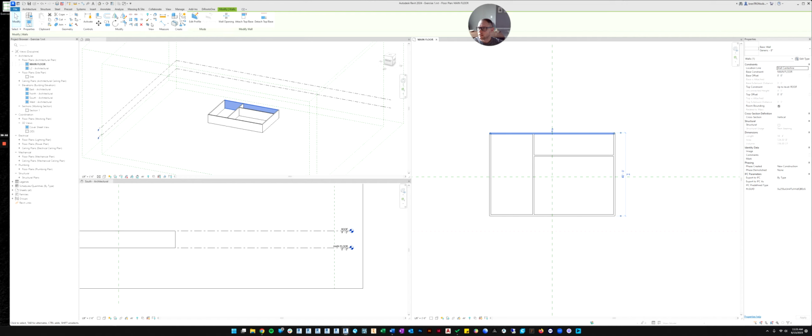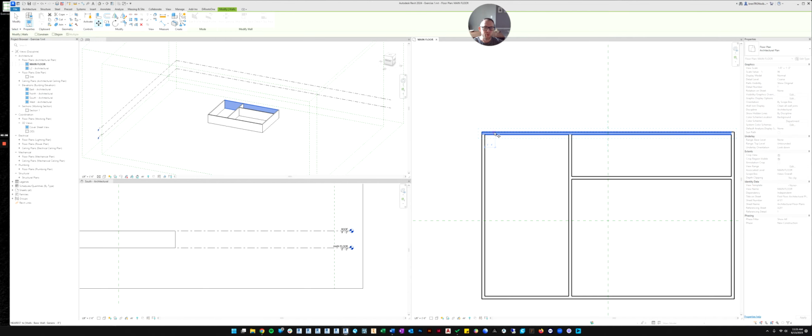The most common one, let's see, is the move command. You can hit the move command, and it lets you pick 2 points: your first point and then your destination point. So let's say we wanted to move this wall 10 feet backwards.